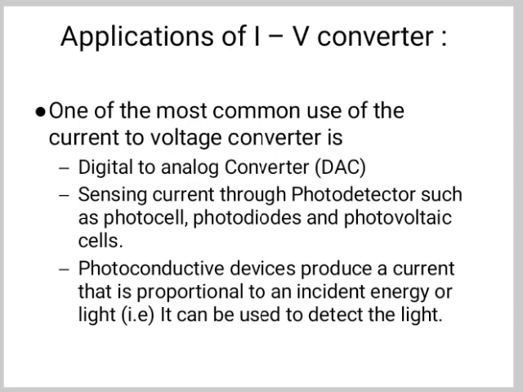The current to voltage amplifier is also called a transimpedance or transresistance amplifier, and the circuit is performing the same basic function as a resistor. So from Ohm's law, the voltage is equal to current times resistance, and an ordinary resistor can be used as a current to voltage converter. If we connect a resistor to a current source, then the resistor will generate a voltage which is equal to the current multiplied by the gain, that is the resistance.